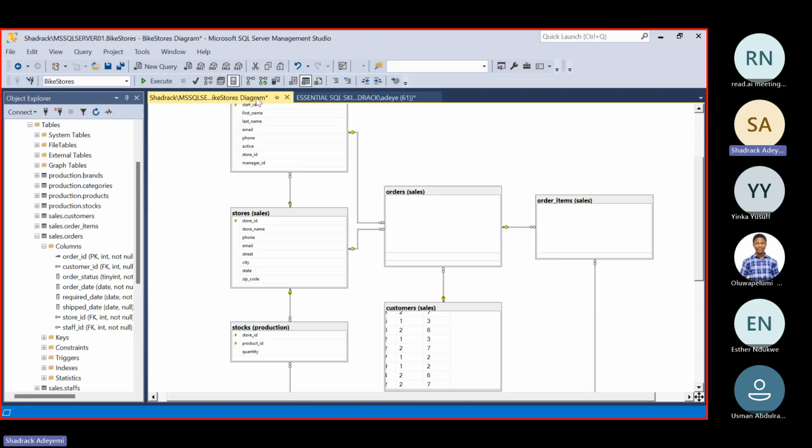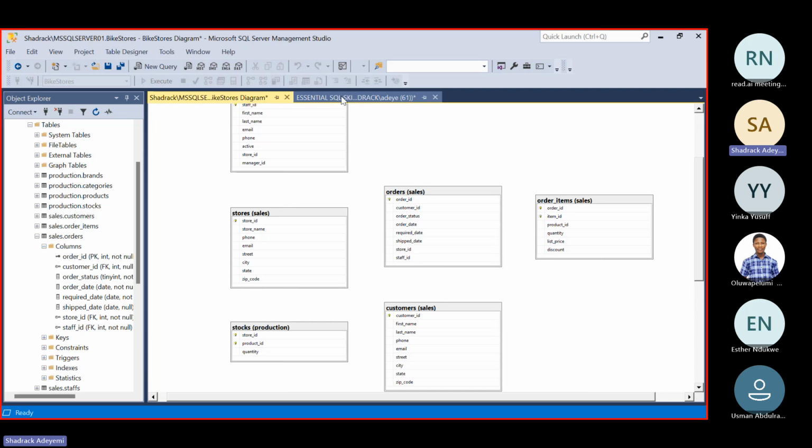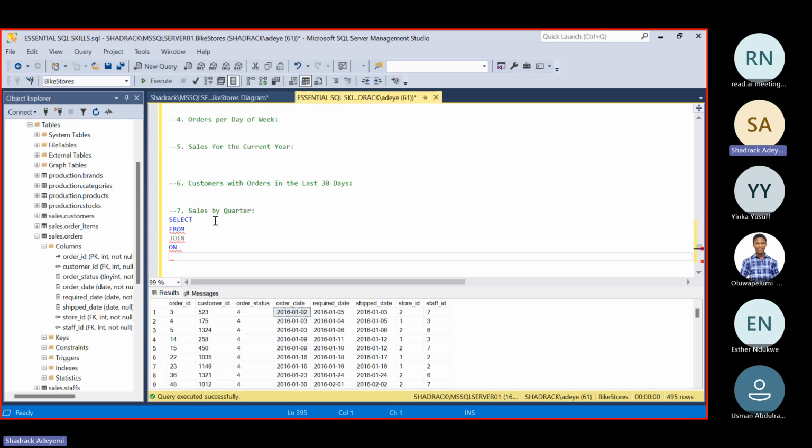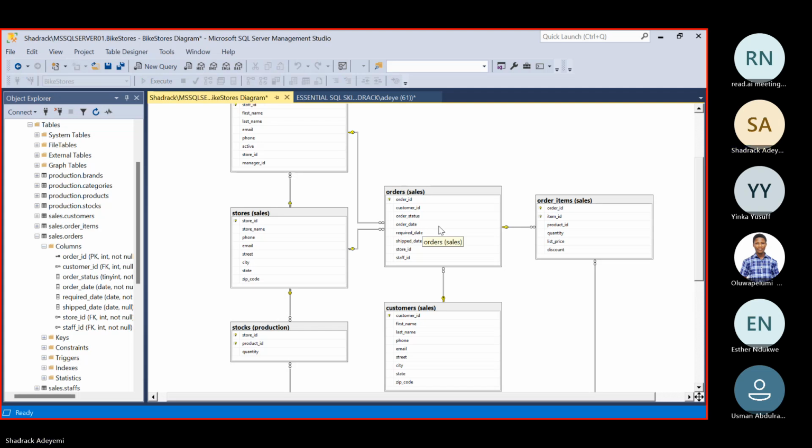All right, so going back to the schema diagram, we're trying to answer a quarterly information from two tables, which is the orders table and the order item table.